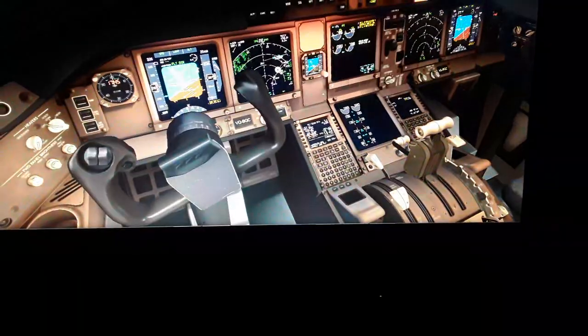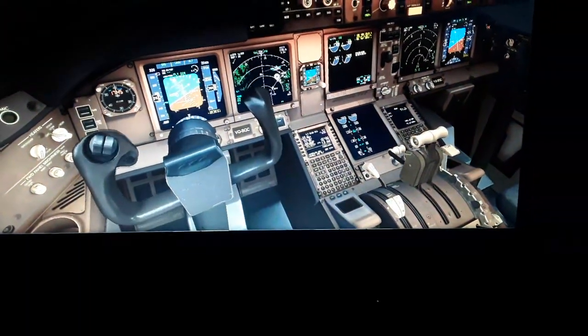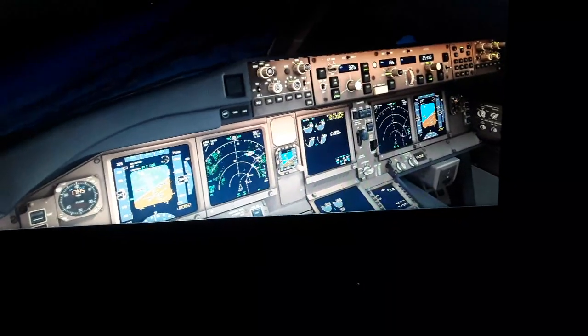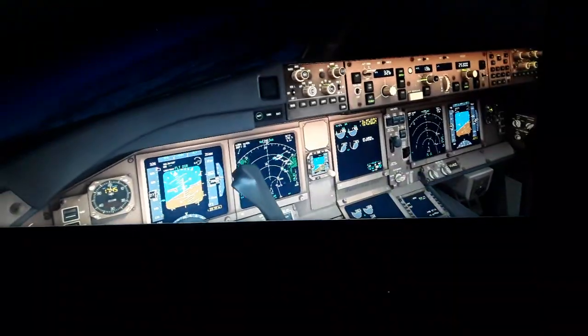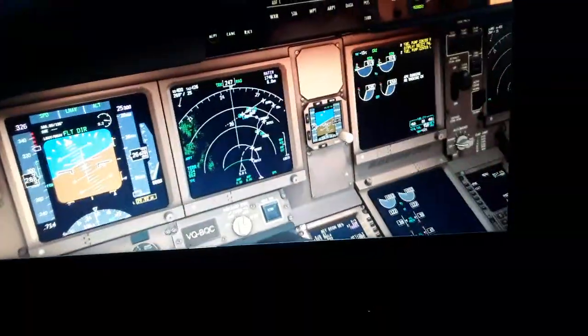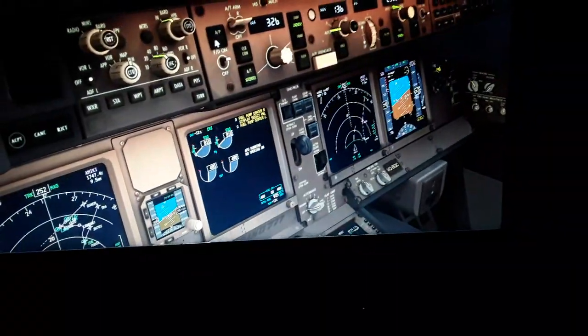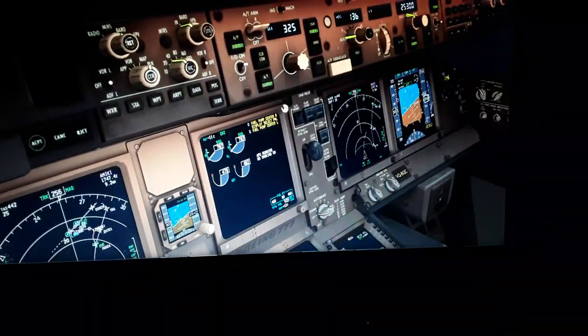Over the mountains, so we need to go back to the airport now. So maybe I'm gonna connect the autopilot now, and you can see the autopilot connect